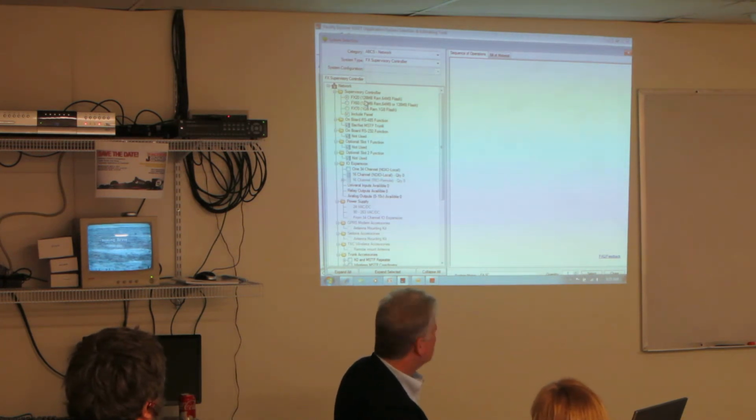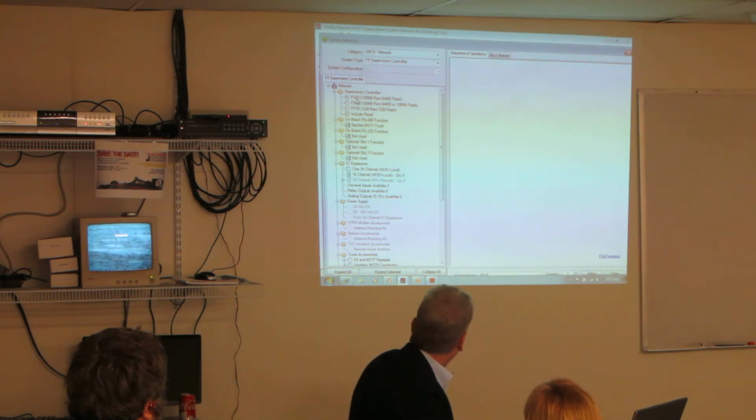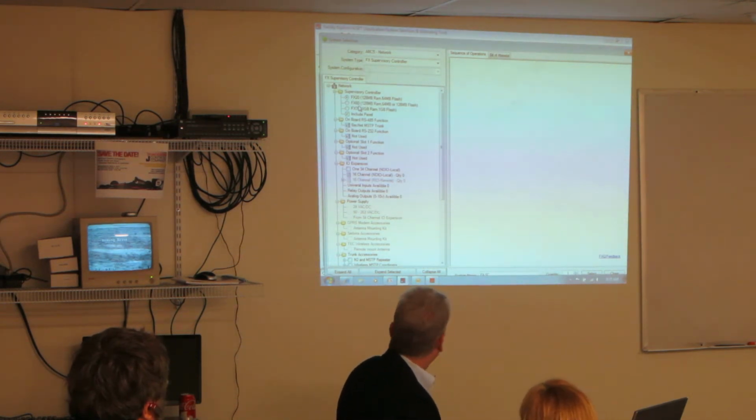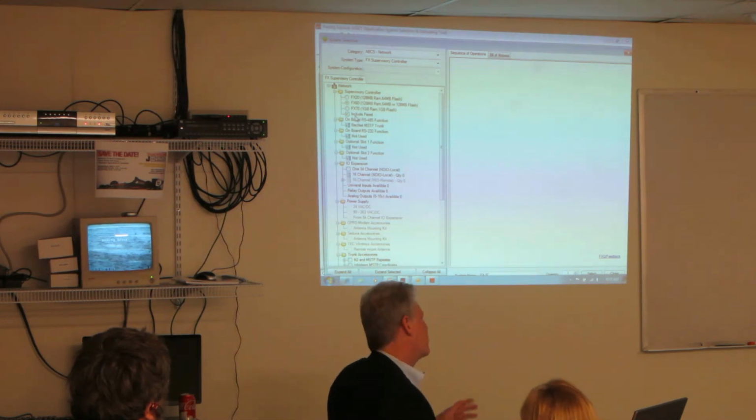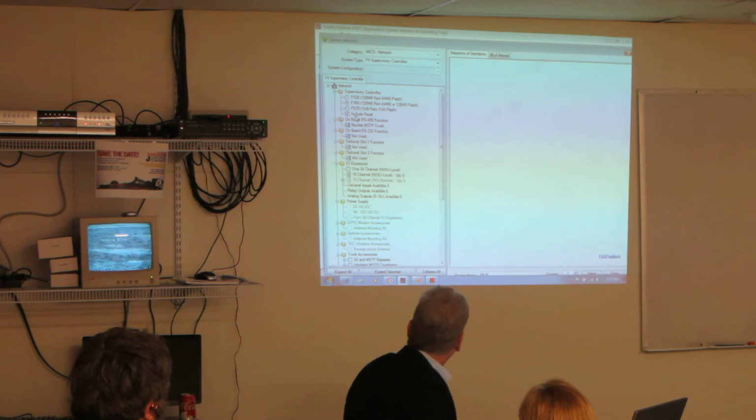It kind of helps you realize what the building might need. The 20 is for smaller buildings, the 60 is for medium size, and 70 for larger buildings. Or if you've got a small building with a lot of controllers, you may want to do a 70. So you can just say, I need a 60. Do you want to include a panel? Do you want it to come inside of a panel? Ours you can get already mounted in panels. Again, you can get all our regular controllers mounted in panels too.